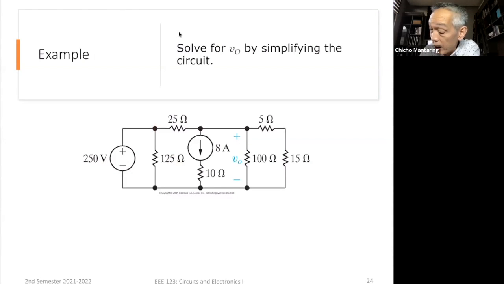However, this resistor is not going to affect the currents flowing dito sa kanan nito. No? So I can actually remove this for purpose of determining the currents flowing here on the right. And this resistor is not going to affect the voltages outside of this particular branch. So I can also actually remove this. So for computing for V sub O,